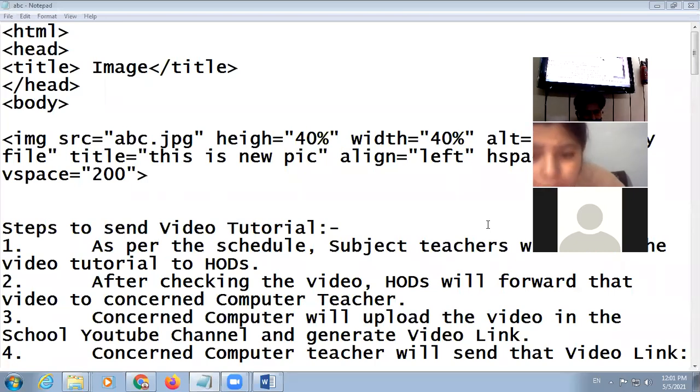So there is no separate attribute for top and bottom, and for right and left there is hspace. So this is not possible. Okay, sir. Thank you, sir. Welcome. Any other doubt?